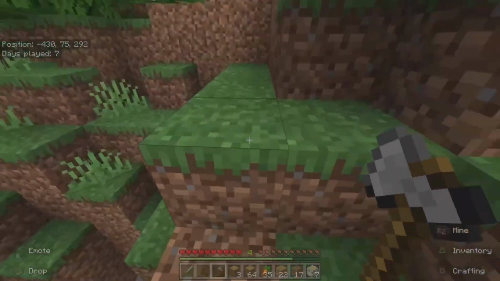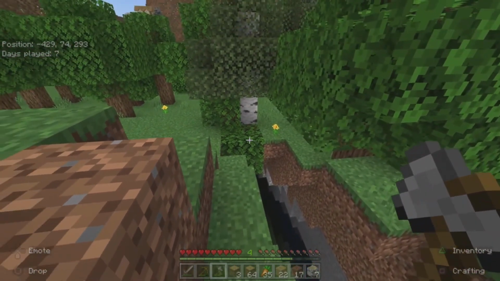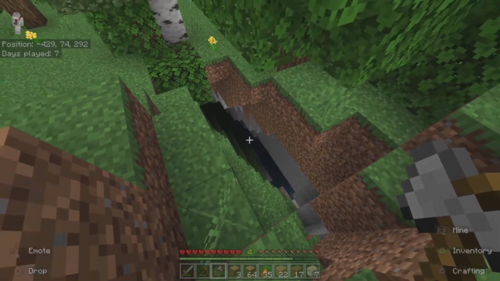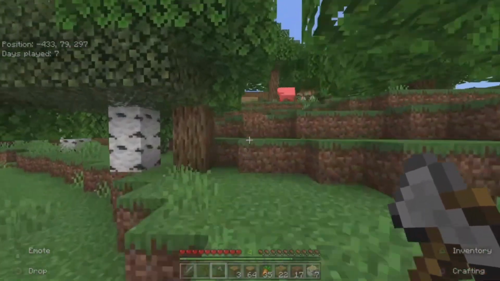As I'm mining trees to get more wood, I've literally just come across this, and it looks like a ravine, but then I'm thinking to myself, it's too small to be a ravine, so I don't know. Maybe we should go down there one day. Maybe it's just water in there and nothing else, but it looks quite intriguing to say the least. This seed has surprised me, considering we had...